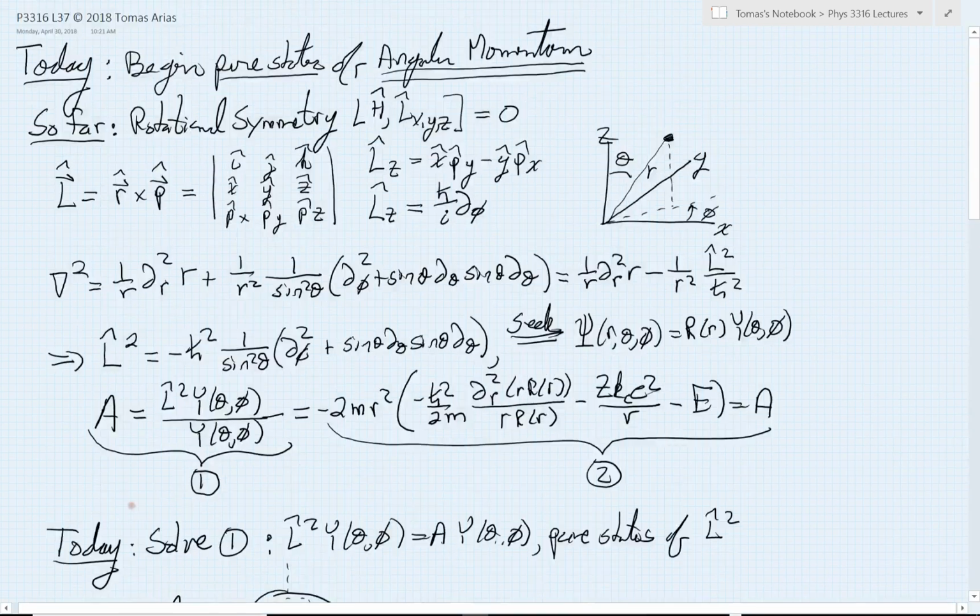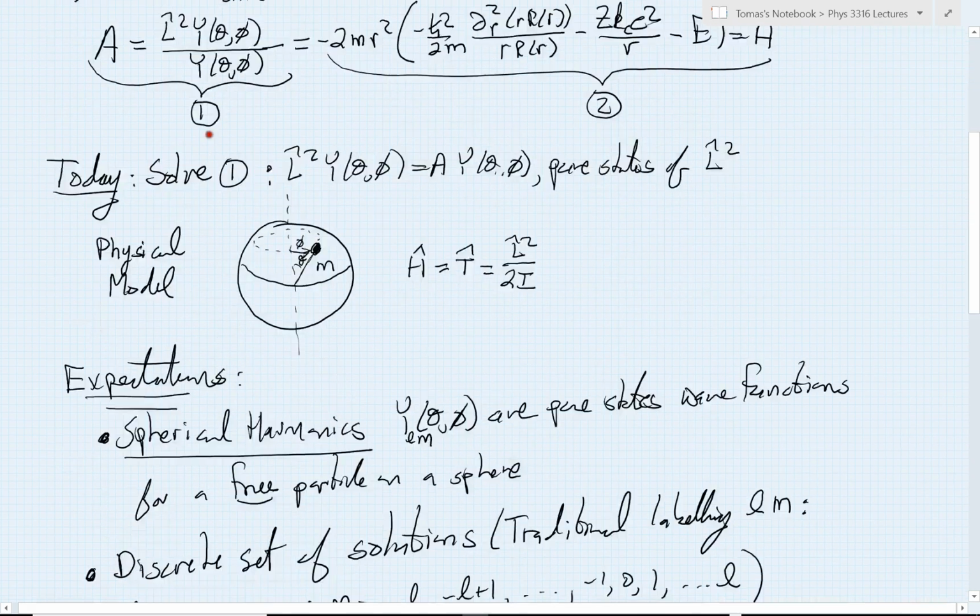And in this case, before we jump into solving the full L squared problem and finding its pure states, let's actually look at LZ. We'll probably learn a lot along the way, and we see that the LZ operator is quite a bit simpler than the L squared operator. So we're going to begin actually with LZ. So let's begin with pure states